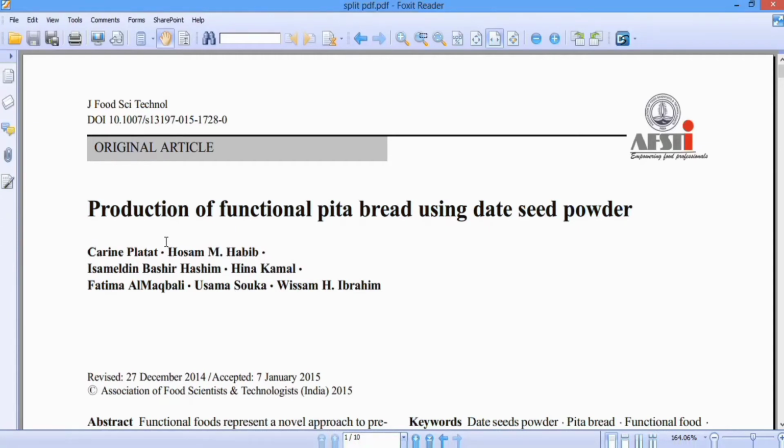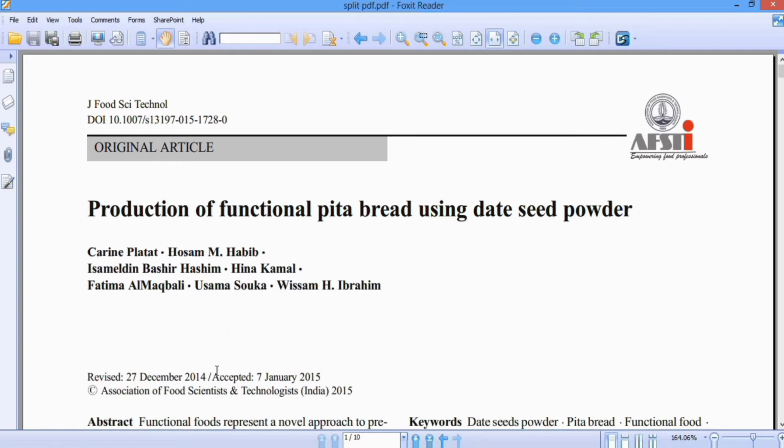In this tutorial, you will learn how to separate pages from a PDF file. For example, I want to separate page 1 from this file. Later on, I will also explain how you can extract a range of pages. For example, if you want to separate pages 1 to 4 and 6 to 7, then I will also explain that one. So firstly, I will explain how you can separate only page 1 from this file.